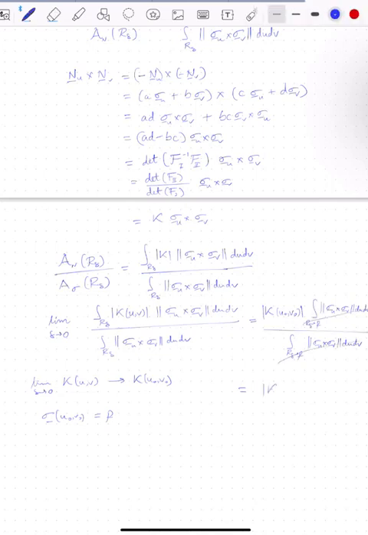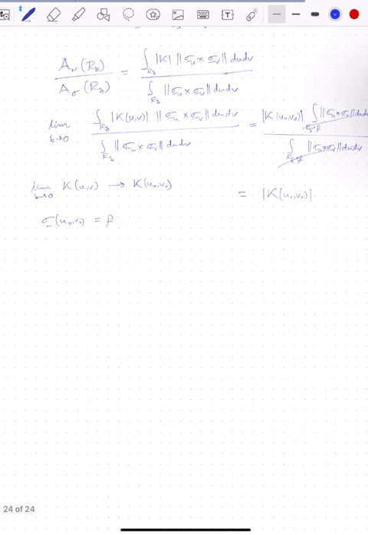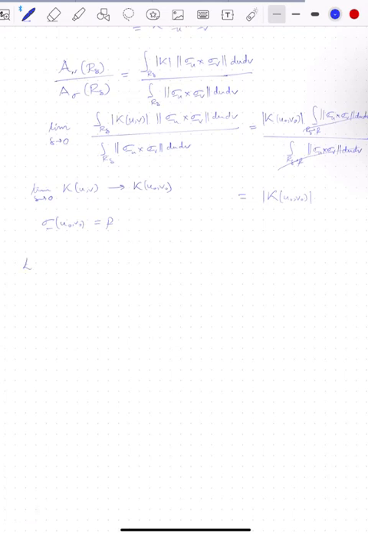So we are left with just the absolute value of K at u naught v naught. So that's how we are able to prove this theorem, right? And so when we have a plane, as an example, let's try to understand something here. So an example goes as, look at a plane, right? So for a plane,